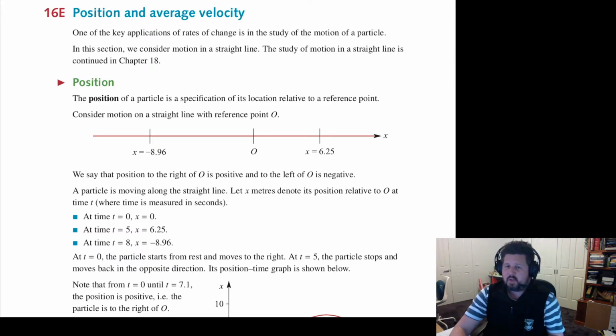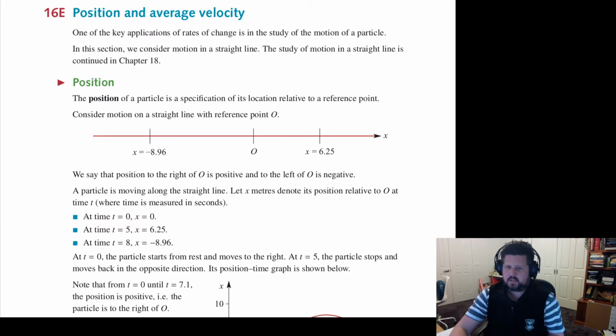After a certain amount of time, it could move to the position 6.25, which is to the right of the origin. And so you might see it after time equals 5, so after 5 seconds, it's at this particular position. Likewise, from there, after 8 seconds from the start, it might now be at the position negative 8.96. Now, if we consider that type of thing going on,